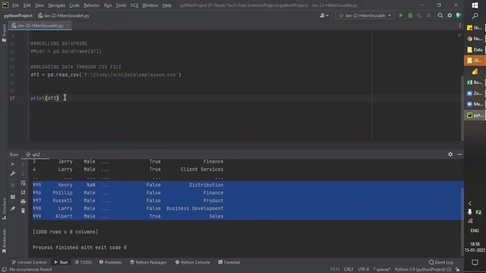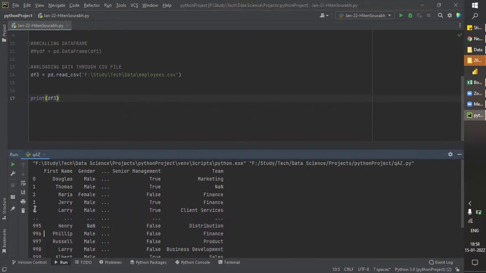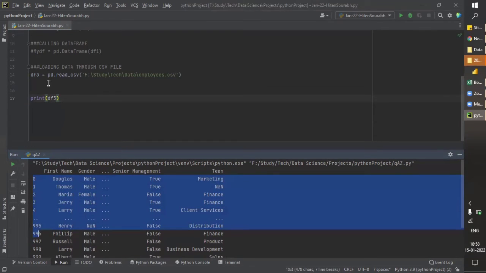So now let's understand how to set an index of the data frame, and how we can assign an index. You can see this is already there, 0 1 2 3 4 5. This is my index. This is the default index assigned by PyCharm. And how we can have our own index is